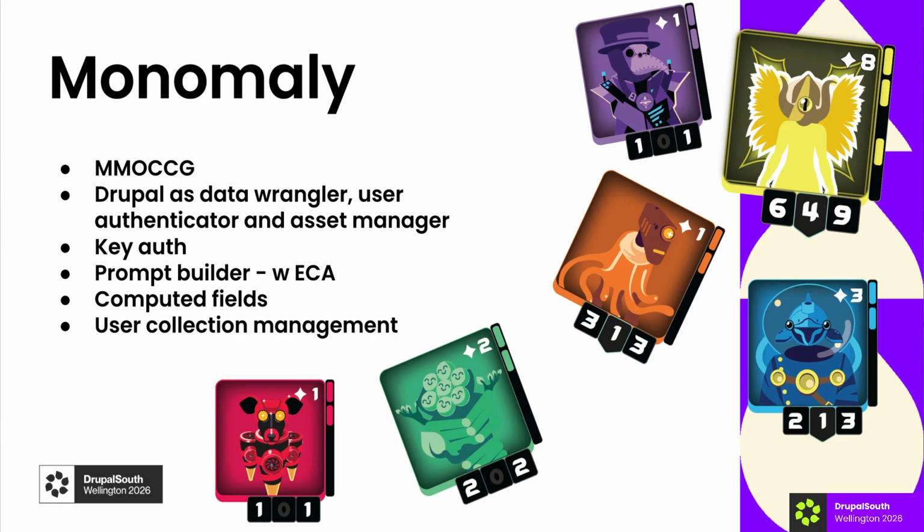We're using key authentication. There's two types of communication happening. One is on the user level to collect user ownership information. So if you're authenticated as a specific person, you can get back your cards and your decks and things like that. But then you've got from the app end or the game end, where it's just querying as a specialized user role, where it can get information about the available cards in the universe in this game.